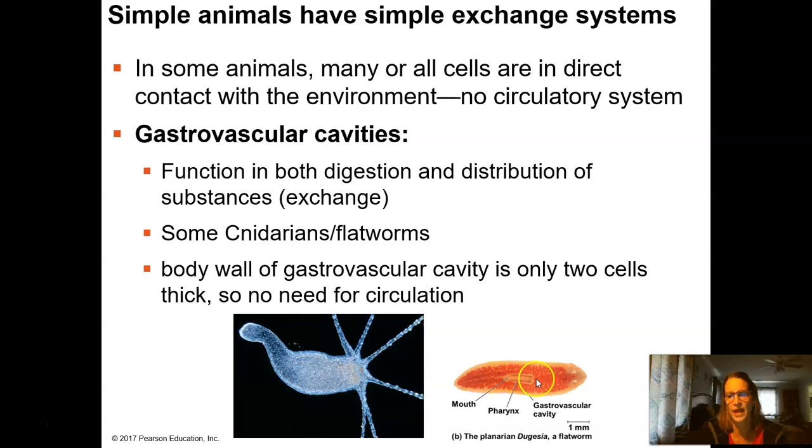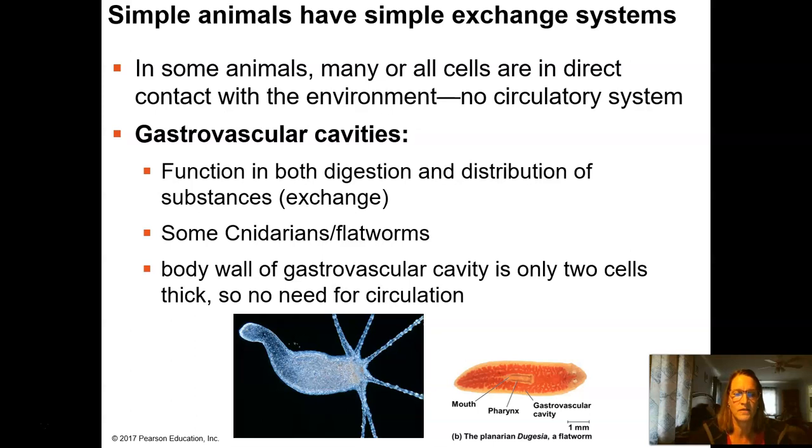You can see this flatworm right here. Here's a mouth, and then this gastrovascular cavity is actually pretty extensive, and it's got a lot of projections, so it's large. But if you look, you can see that it sort of branches into cells or close to cells that are all over the body. The body wall of the gastrovascular cavity is only 2 cells thick, which means that any